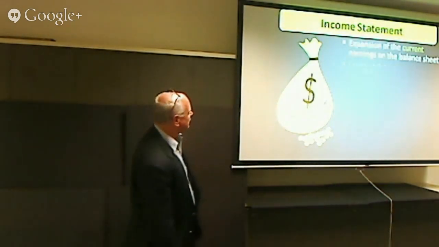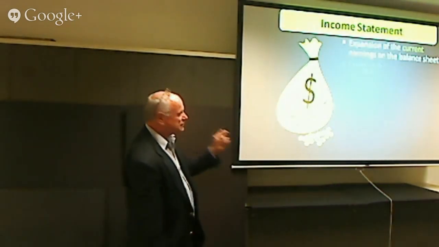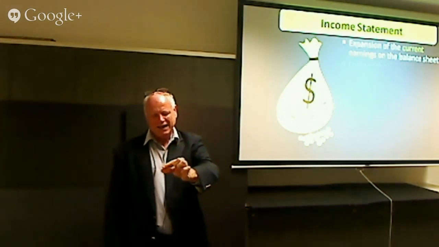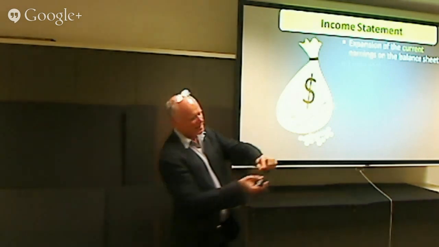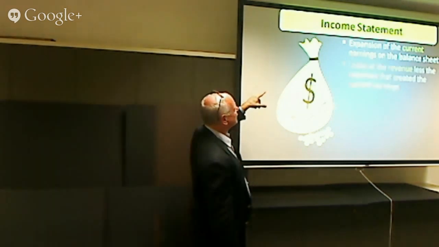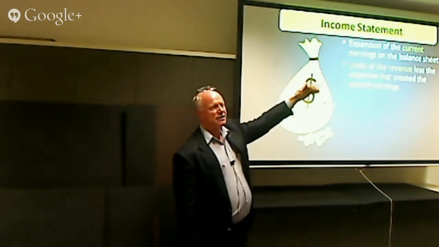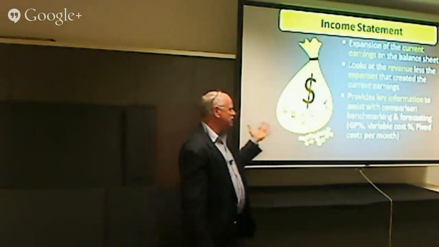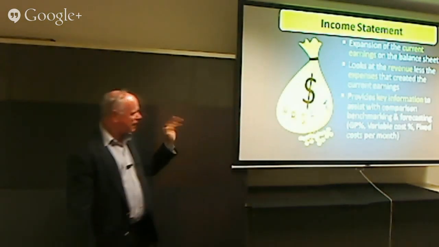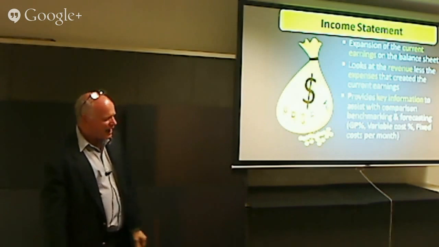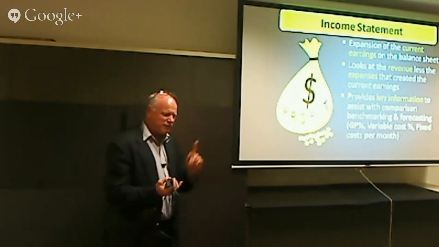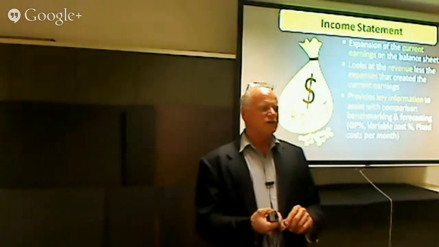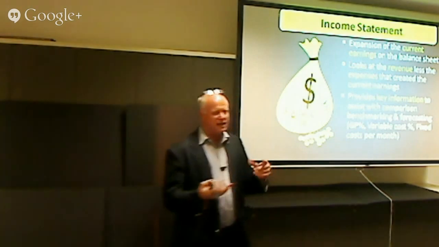Okay, income statement, and we finish here. The income statement is the expansion of that one line on the balance sheet that says current income. That one line comes out and gets blown up to include the revenue that you've earned less the expenses to come up with that number. And it provides key information for comparison benchmarks and forecasting. So out of the profit and loss statement, we get valuable data like the gross profit percentage, which doesn't mean anything to you tonight, but it will when you start doing forecasting. Variable costs, again, we'll learn about